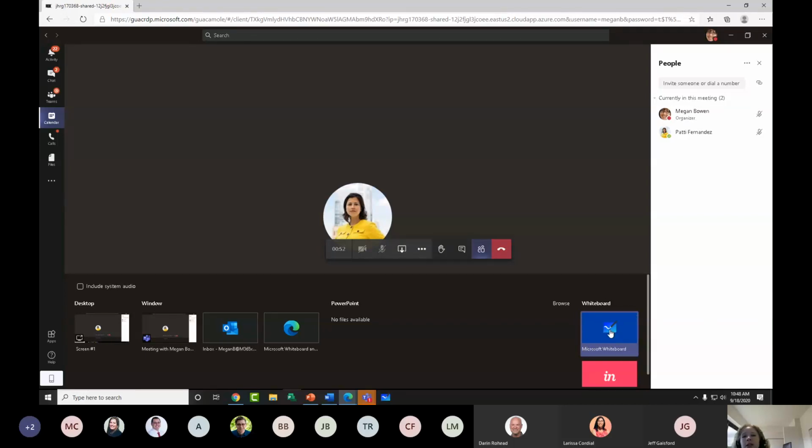Do know that this is going to be the Whiteboard app that we saw in the online version. Unfortunately, it's not full-fledged like the desktop app. So all the fun stuff like the templates and the text to shape and the text to table, or I should say the draw to table, it doesn't do that stuff yet.